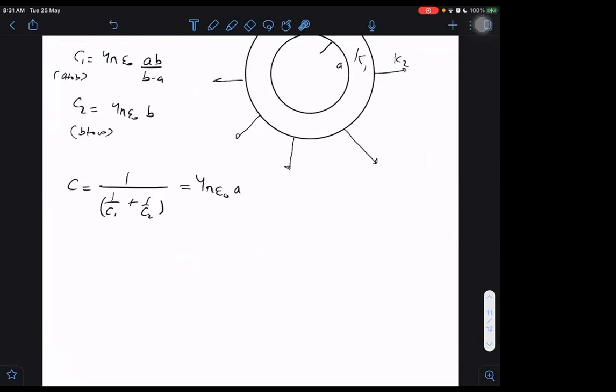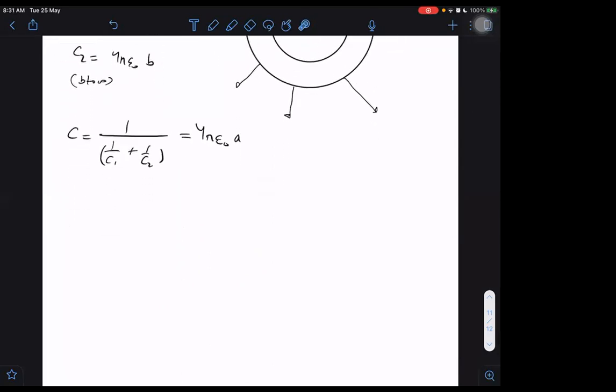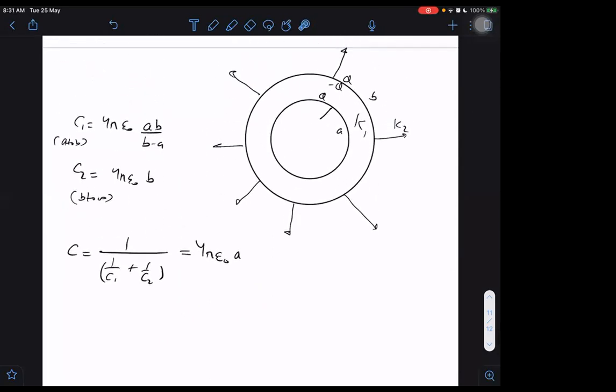What difference is it making, sir, whether the B is kept or not? It doesn't make any difference. The final capacitance is coming as A to infinity, and B doesn't make any difference. This thin plate will not make a difference. It is a thin spherical sheet, and its dimensions are 0, so it is effectively acting as if the fields are existing directly from A to infinity.